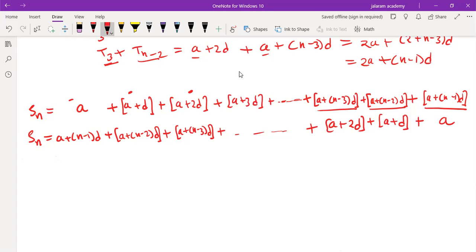In the first step, it is written from the first term, second term, third term up to the nth term. Now in the second, we have written the last term, then the second last, then the third last, then the third, second, and first, and so on. Means only the order is different, but the sum will be the same.